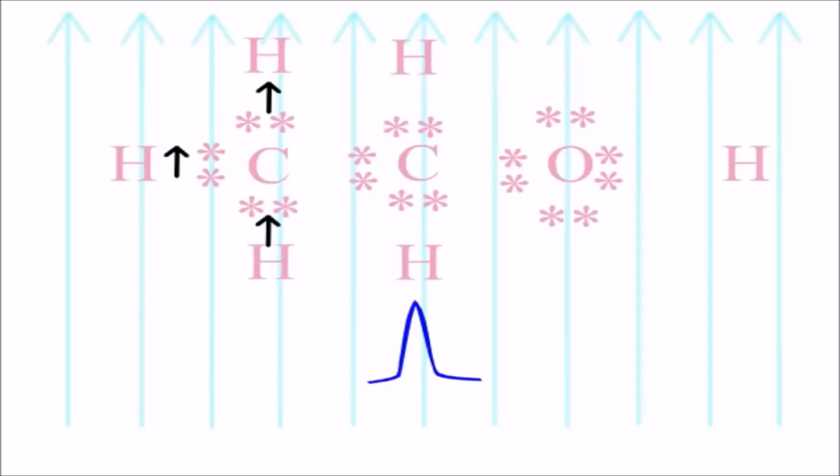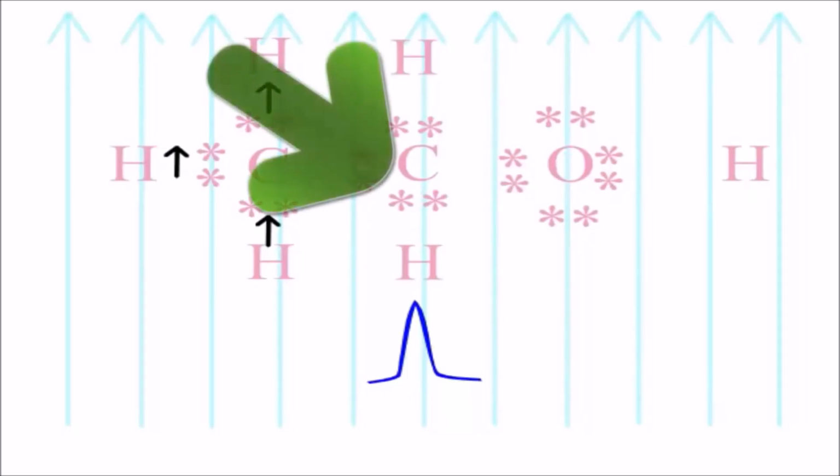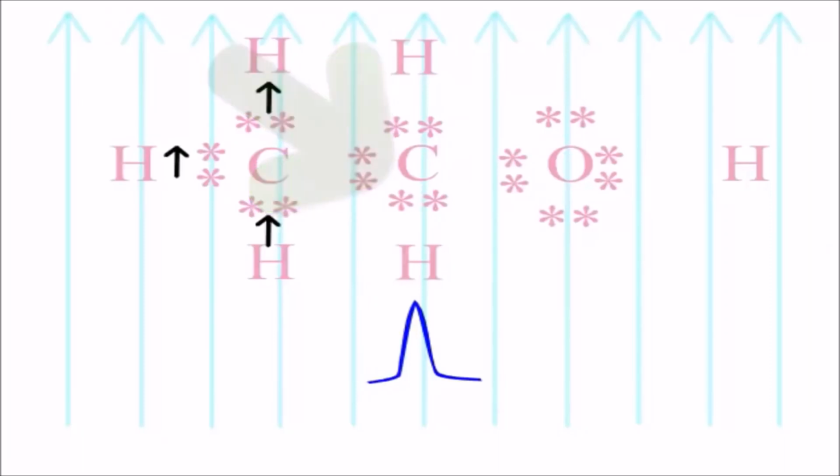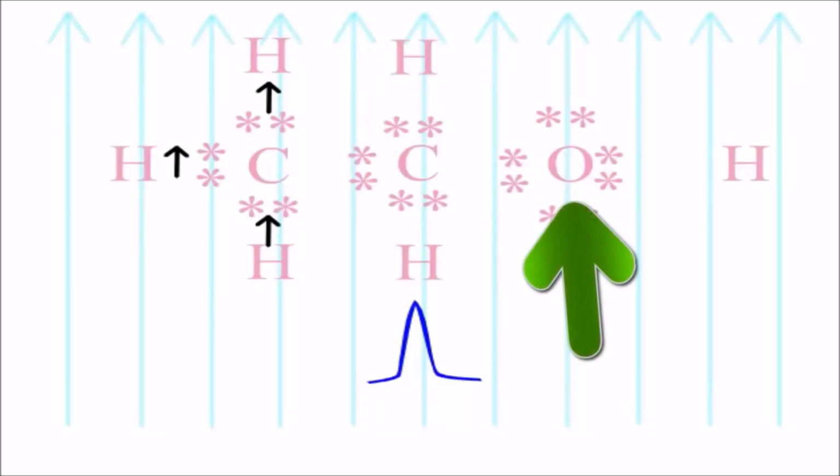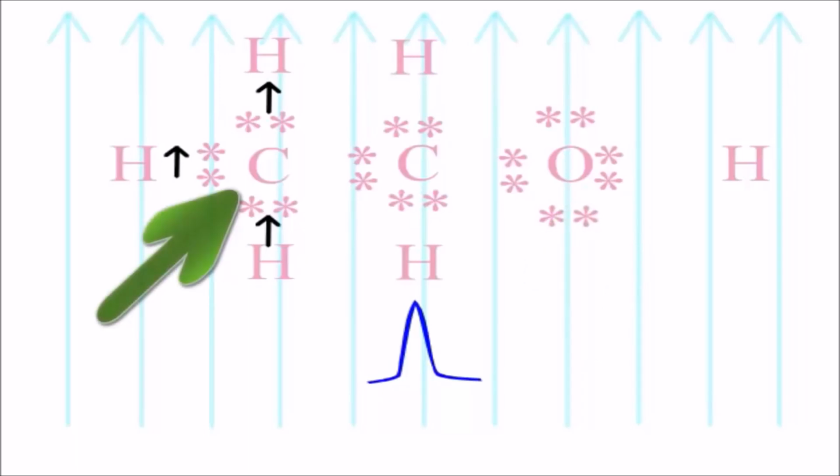Let's consider what happens to the peak for the methylene protons there in the middle as a result of the adjacent protons. Now, again, this is a carbon we have to consider, to which the methylene protons are attached. Our job then is to take a look to see if there are any protons on the atoms adjacent to that carbon. That oxygen does have a proton, but for reasons I'll explain in a moment, that proton does not influence the peak. However, this carbon here to the left has got 3 protons attached,